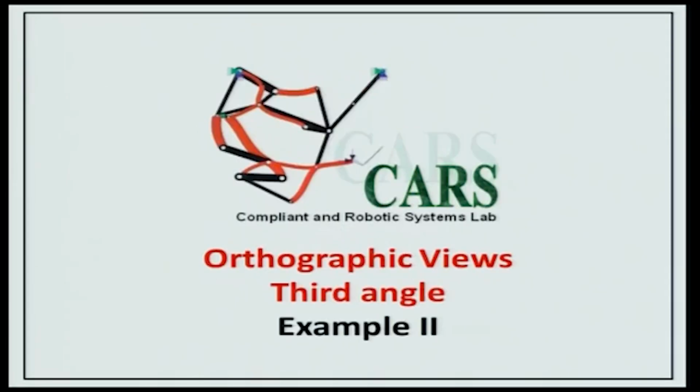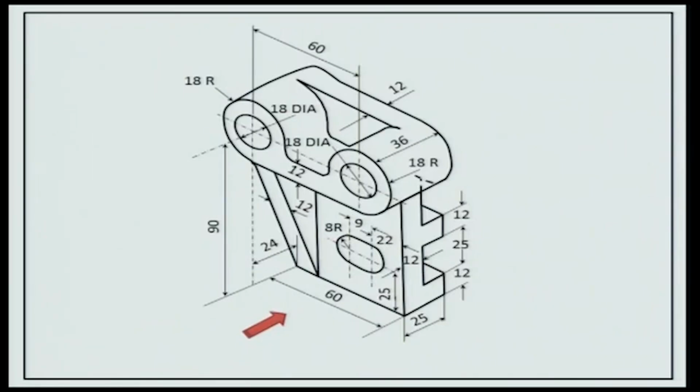All right, so example 2. This is going to be a little complex. We are going to be drawing the orthographic views, third angle, of this solid. This happens to be one of the problems in lab 3. I'll project this picture for a while. You have your notebooks and pens in front of you. How about taking 5 minutes and trying to sketch this without making much noise?